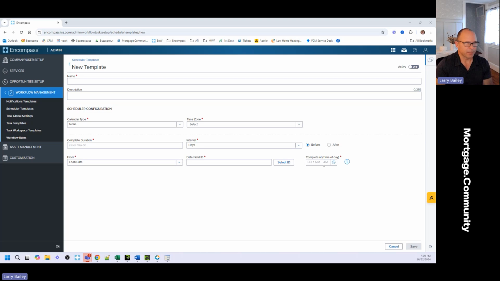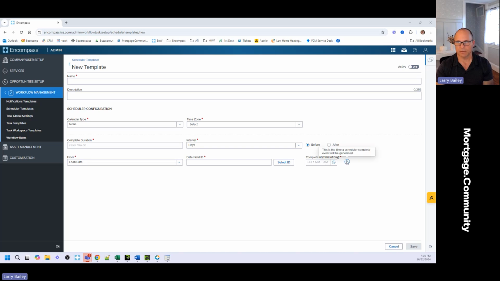Why is that important? It depends on your workflow. If you want it to finish at 6 a.m., great, do the thing. But if you want to have this thing finished at 8 p.m., because that's when certain work has to get done, so be it also. So definitely explore this time of day.